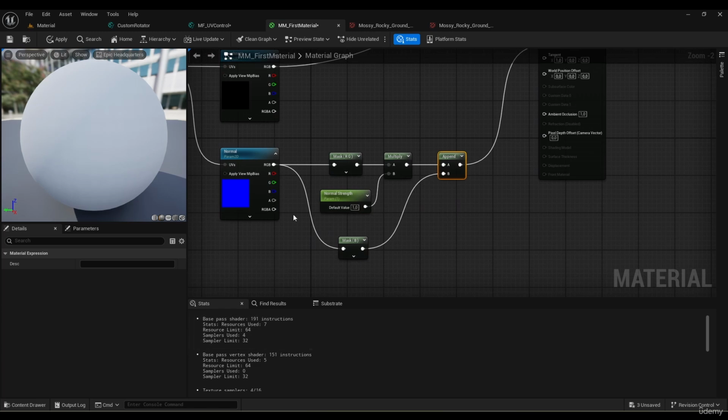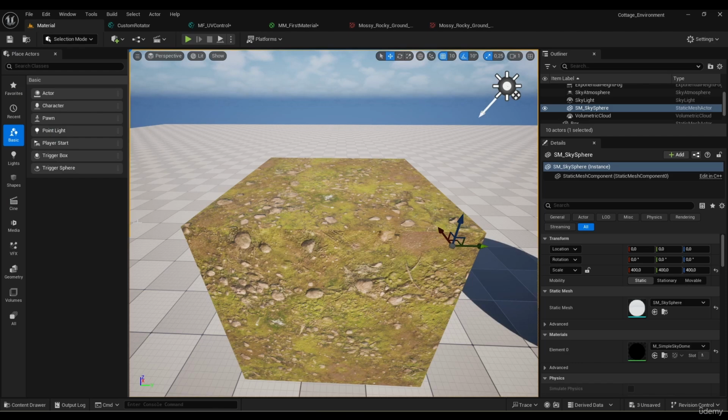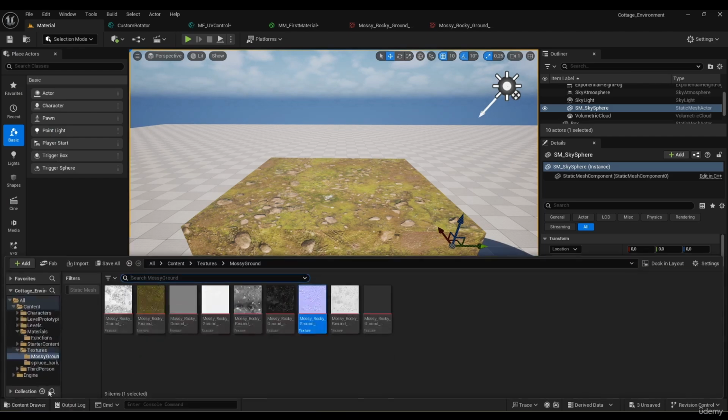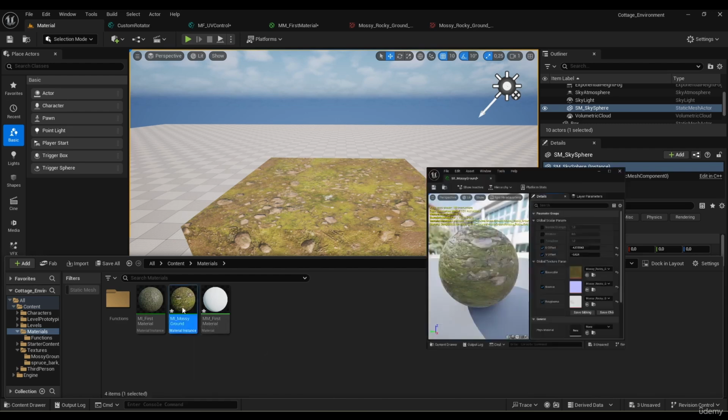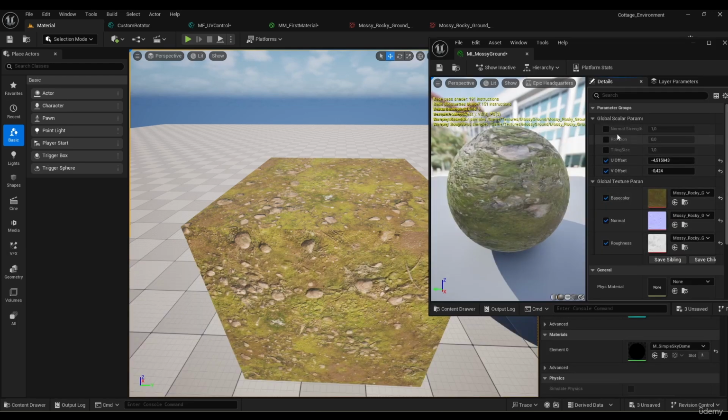Okay, so you can see that we don't have any errors. I'm going to go and hit apply. I'm going to go back to my environment and I want to open this mossy ground over here. So we're going to go to the materials, open my mossy ground, and you can see now that I have